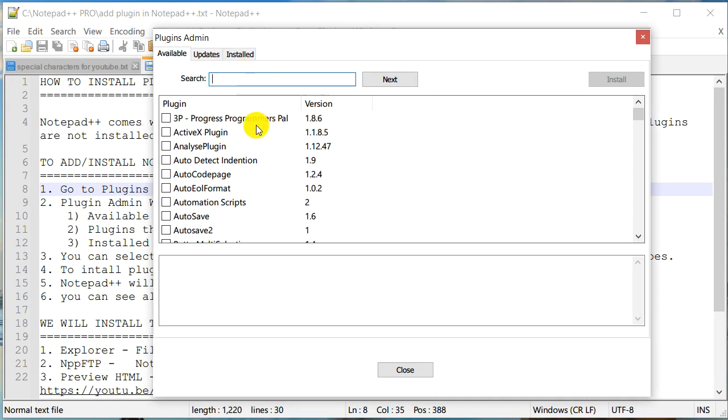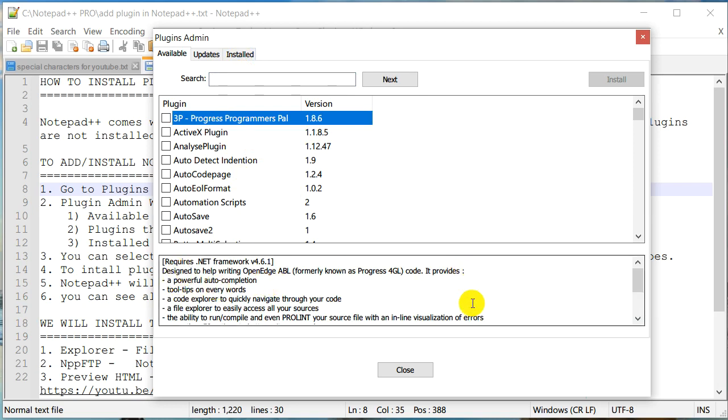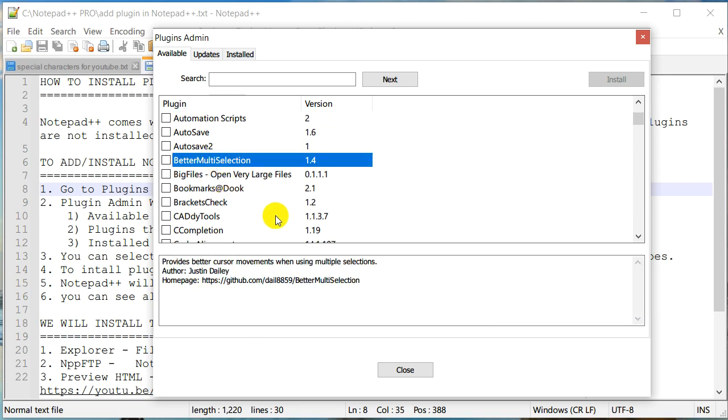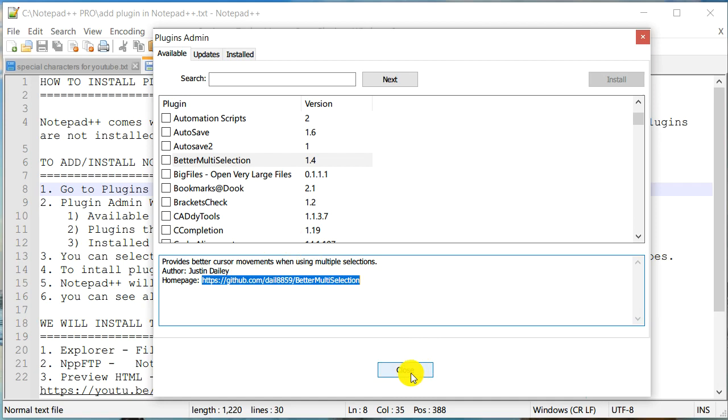But before that, as you go through this plugin list, if you would like to know what a plugin does, you can click on it, and it gives you a brief description of the plugin. Each of these plugins has some form of description or information about it. Many of these plugins also contain a web page, so if you would like to know more about it, you can copy this web page and open it in your web browser, and then you can know exactly what it is doing. So with that, let's try to install maybe 3 plugins today, and we'll see how it